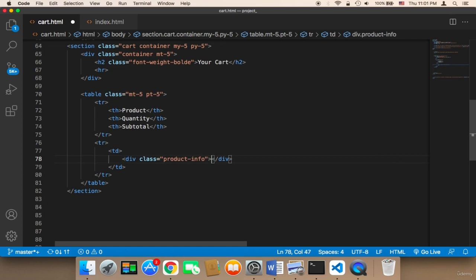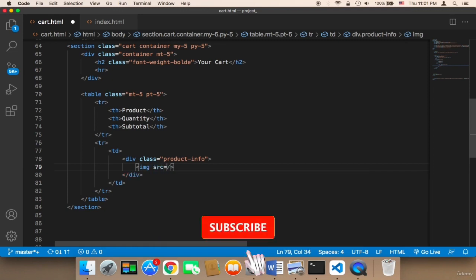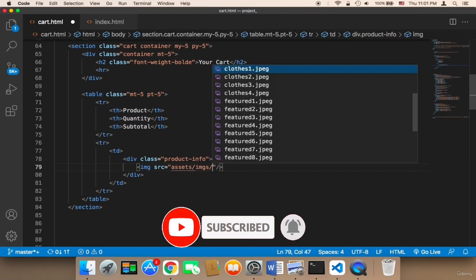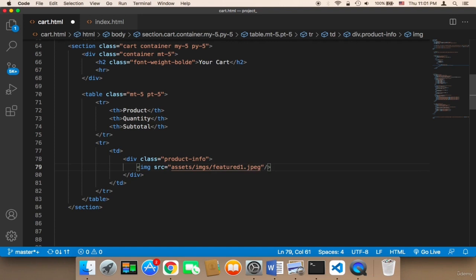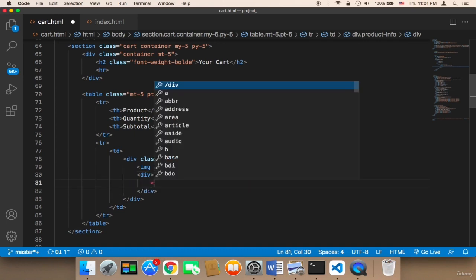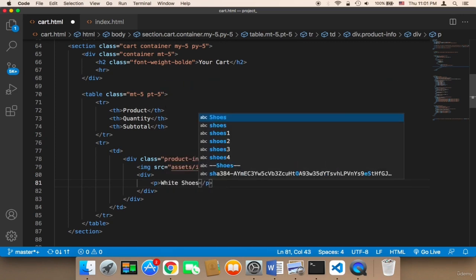And inside that product info, I'm going to first display an image, the image of the product. Let's use one of the images that we already have here. I'm going to say assets, images, and let's use the first image, featured one. And then below this image, I'm going to create another div that displays the product name. Here I'm going to say P, and then I'm going to say white shoes,